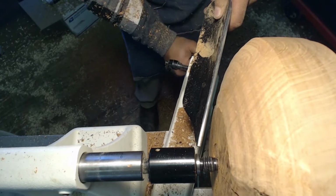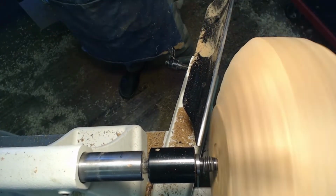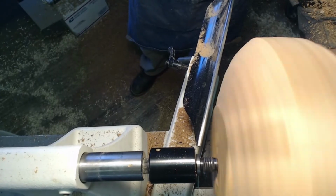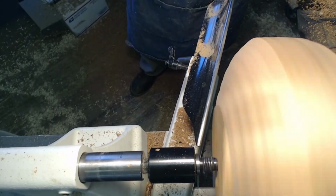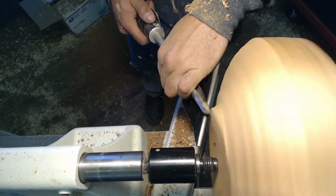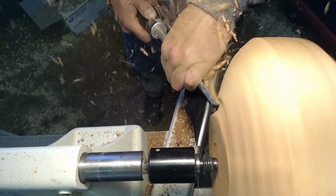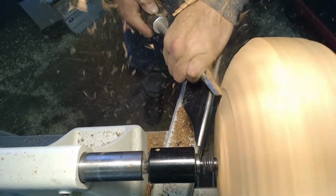Now I'll switch over to do a right-handed cut. Why not? I'm right-handed after all. Might as well do it right-handed, right? Let's do it. Pretty good speed right now. We're at about 1,000 RPM. Now, when I'm doing this, what I don't want to